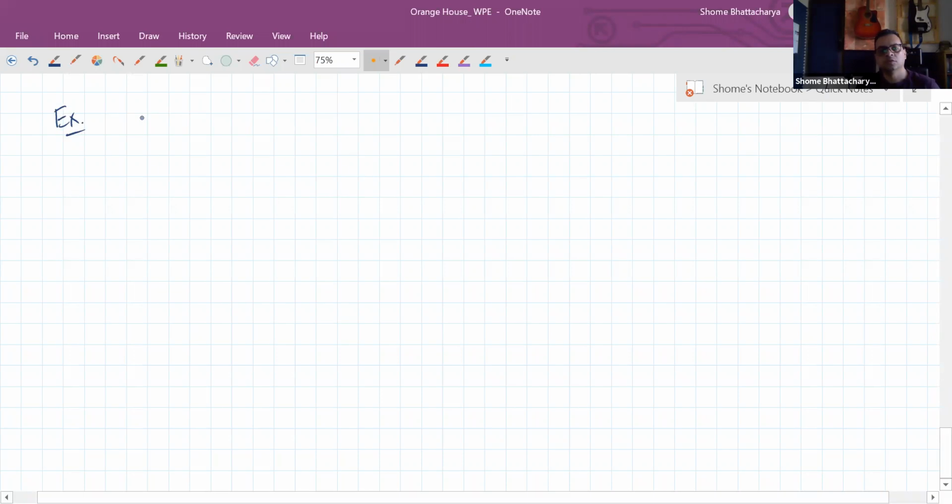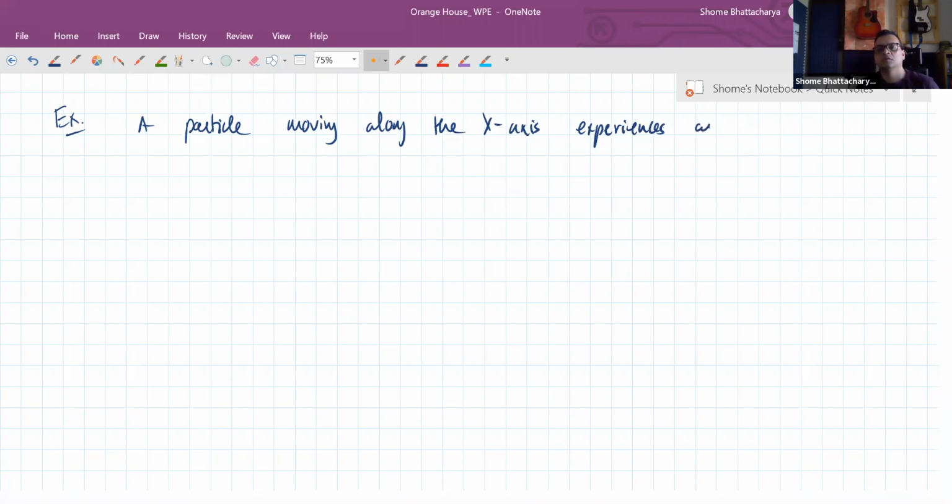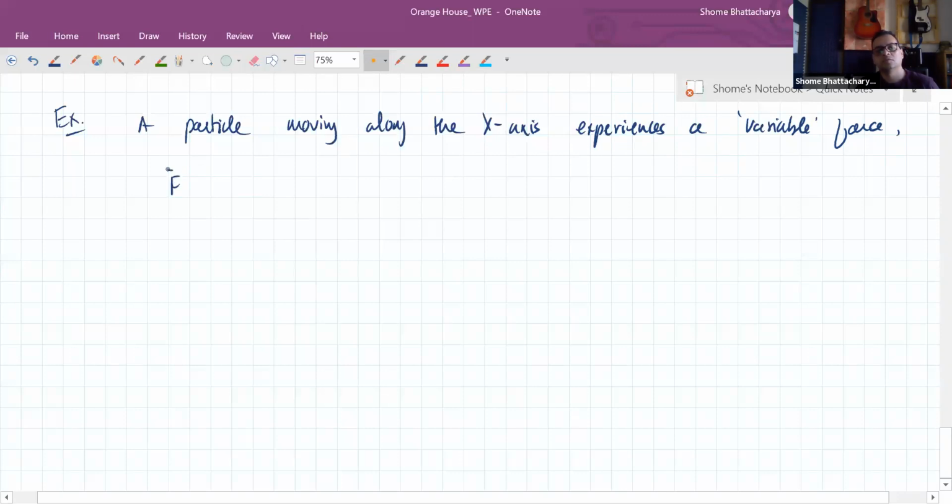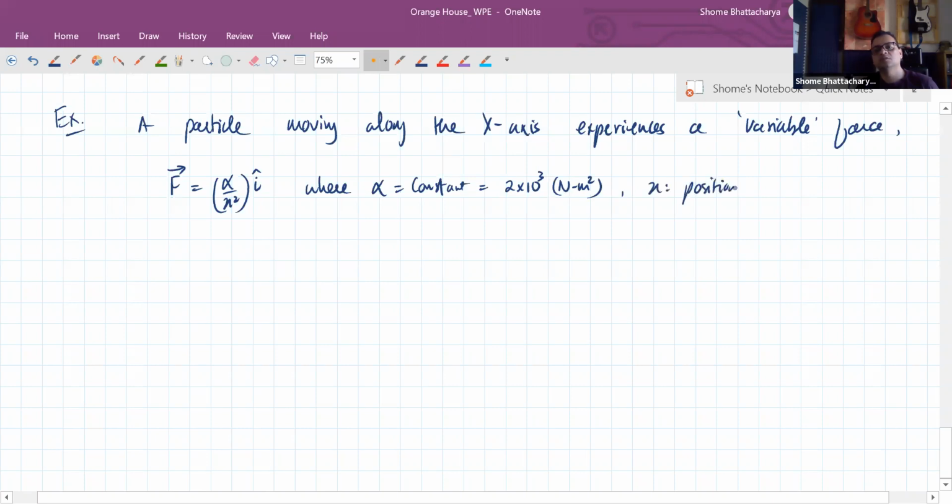Okay, so a particle moving along the x-axis experiences a variable force given by this formula, along the x-axis, so I cap, where alpha is a constant equal to, let us say, 2 into 10 raised power 3 Newton meter square, and x is the position in meters. Okay. So calculate